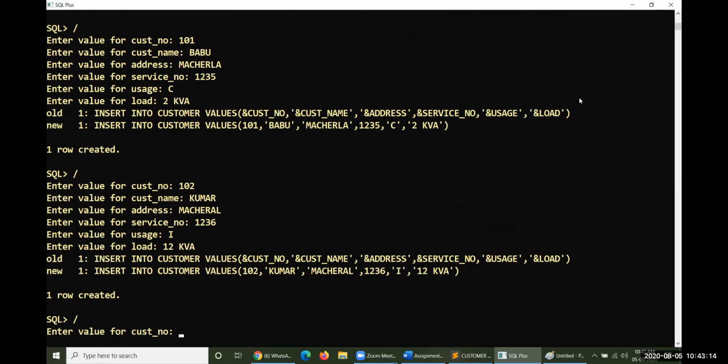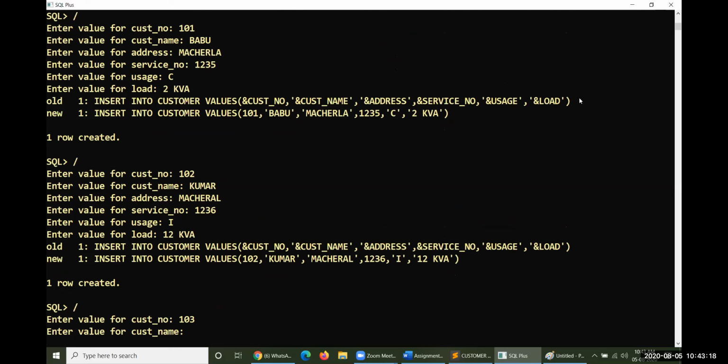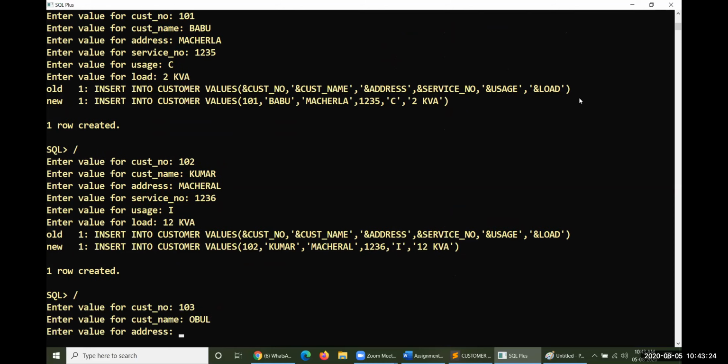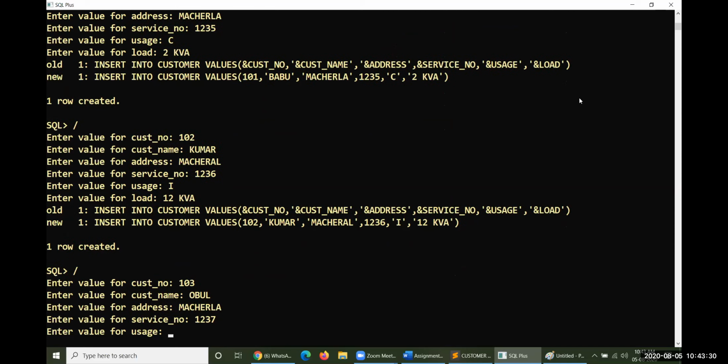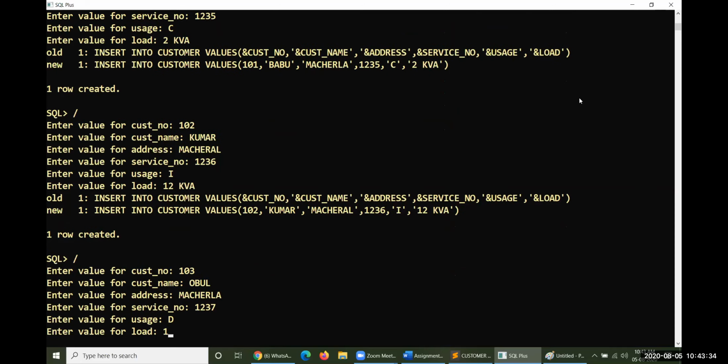Okay, then last one, 103, OBUL, OBUL, and then Macharla, service number is 1237. So usage is domestic again, load is 1 kVA.